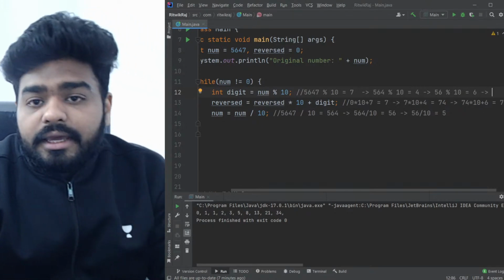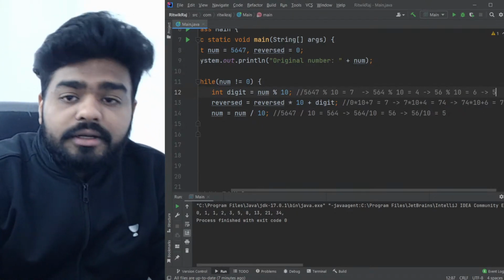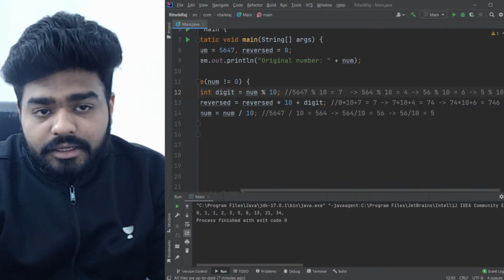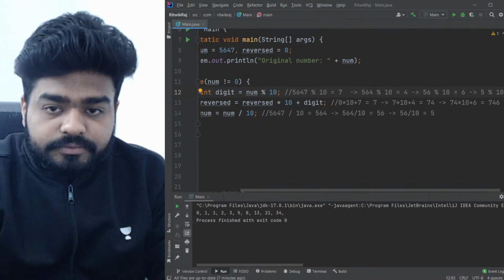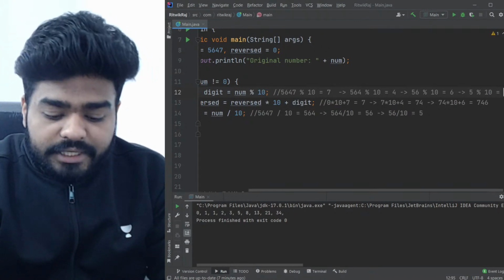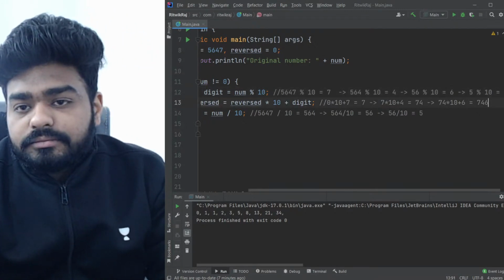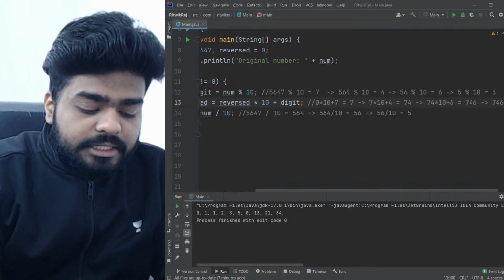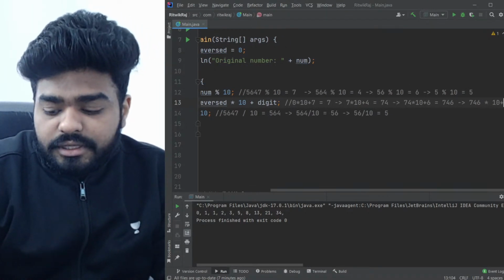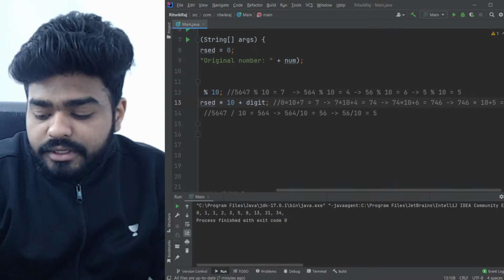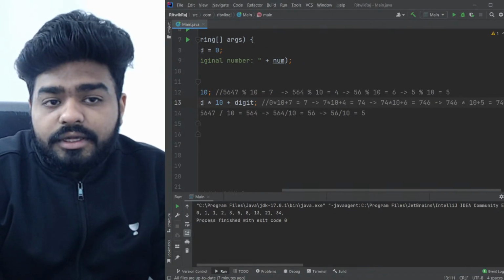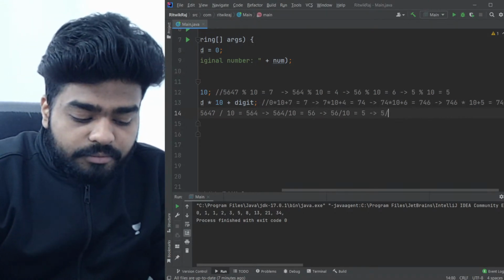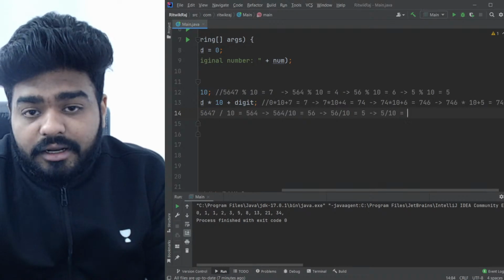Now we have only 5 in our hand. So 5 modulus 10 will give you the digit how much? It will give you 5. Right, if we extend this a little more, then 746 multiplied by 10 plus 5 is going to give you 7465. And if I come here, 5 divided by 10,